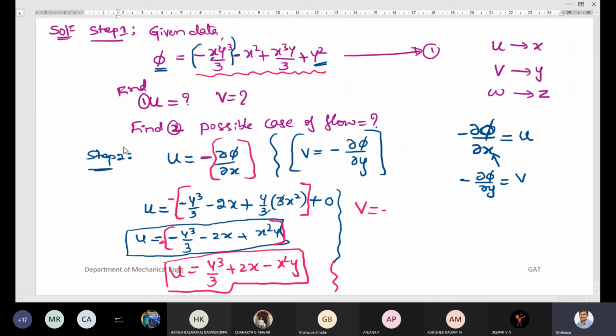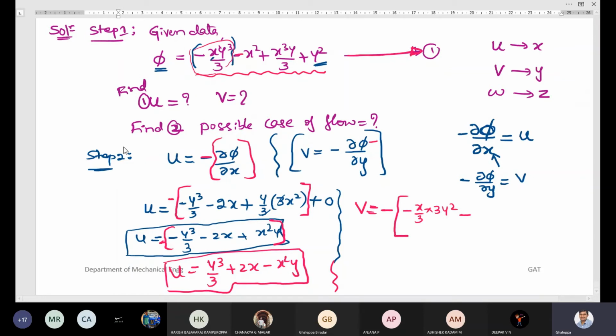So I am writing the differentiation equation with minus as it is in the formula. So you write the differentiation of phi with respect to y, meaning equation 1 you differentiate with respect to y. When you are differentiating the first term, the first term has minus. First you take minus to avoid the confusion. So x by 3, x as a constant, minus x by 3 as it is, I will write. Differentiation of y cube is 3y square. Minus, in the formula it is minus, so I have taken minus.